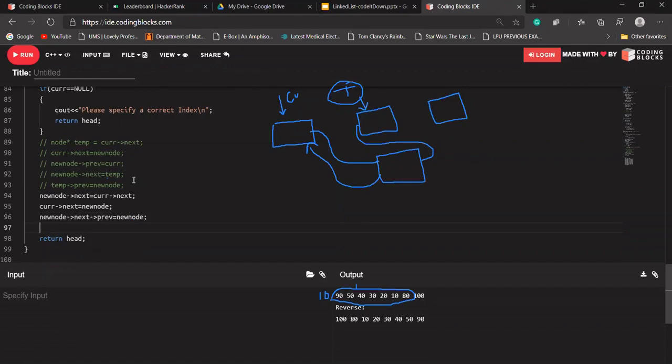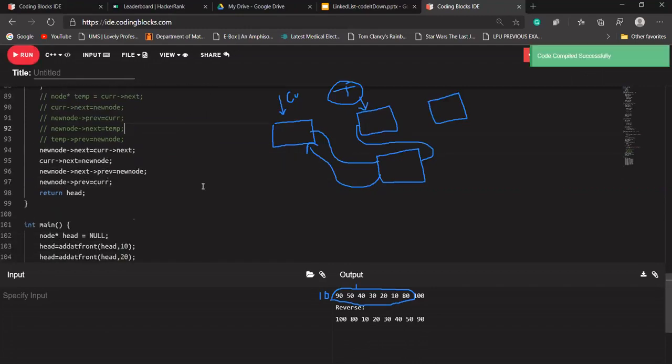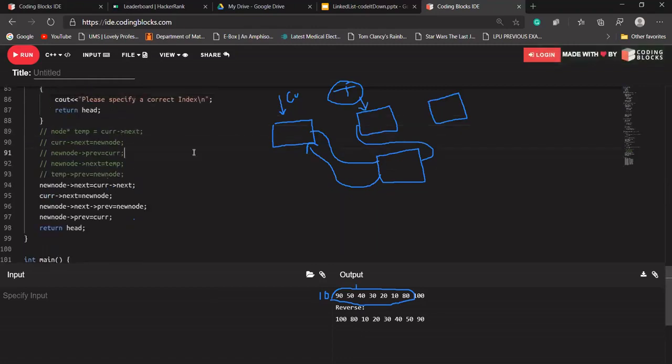New node's next previous will point to new node, and new node's previous will point to current. Is that clear with everyone? I think it's a bit confusing, but we can avoid the use of temp. Let's say we are getting the correct output. Does anybody have any doubt with this code?